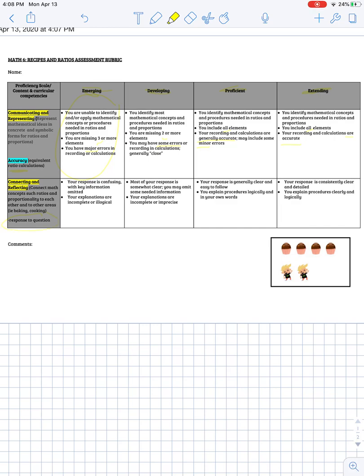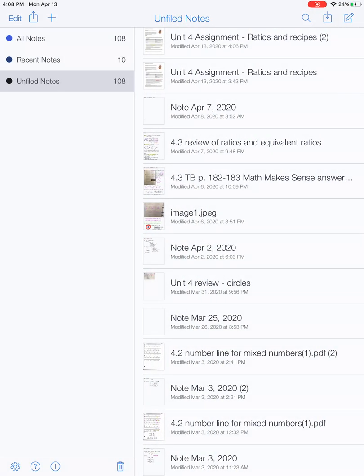Connecting and reflecting has to do with the response to the question, and that's why I want you to really think carefully about your response to that question for the last part of the assignment. I think the descriptors under each indicator are pretty straightforward. So just be as complete and as precise with your response to that question as well. And that is the assignment. So just to review,